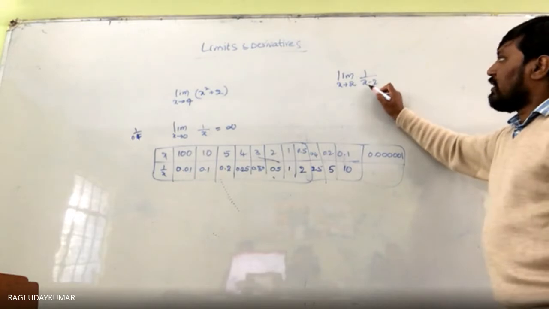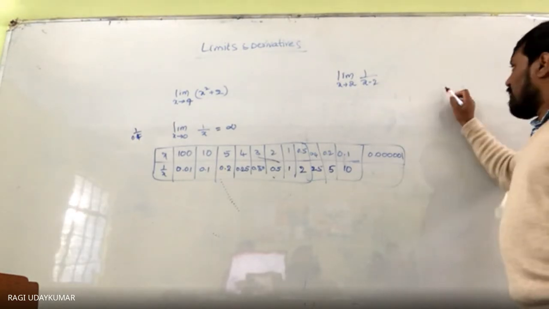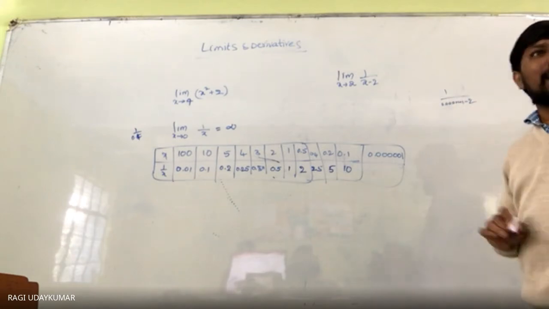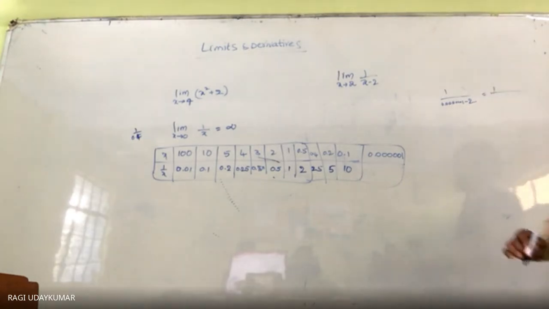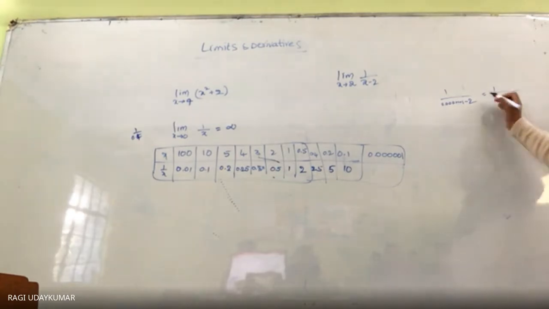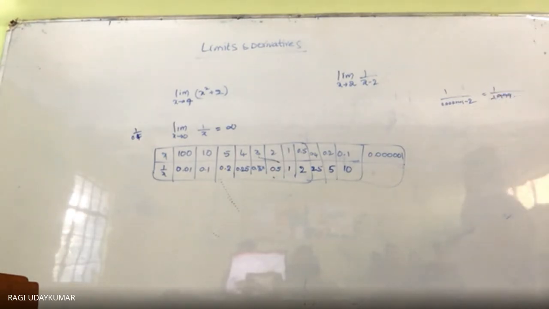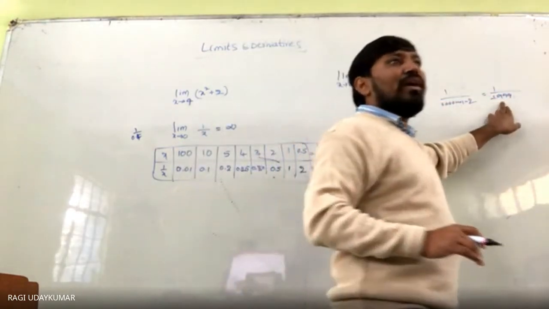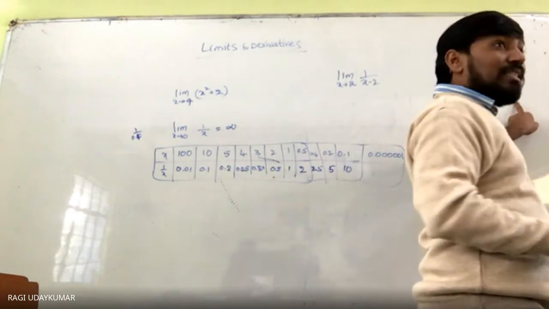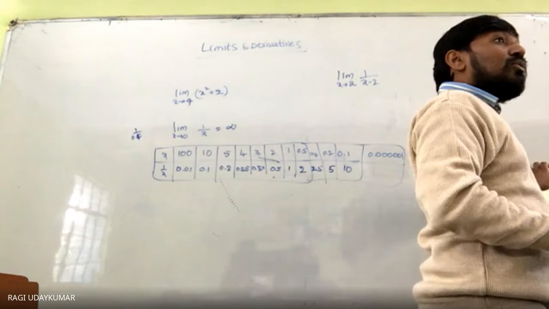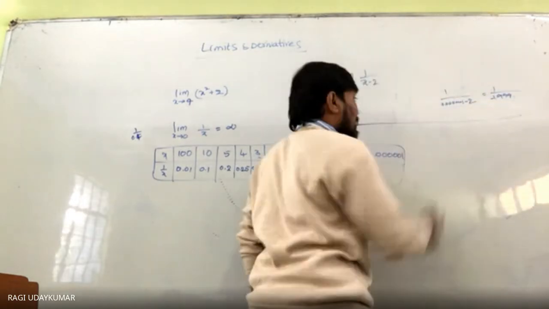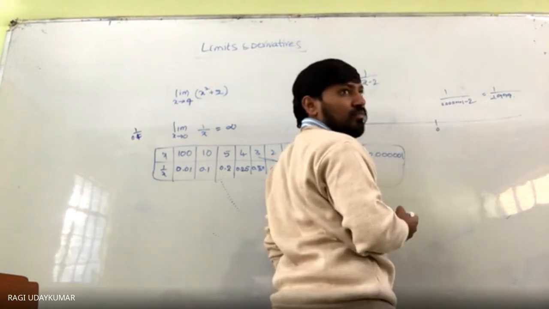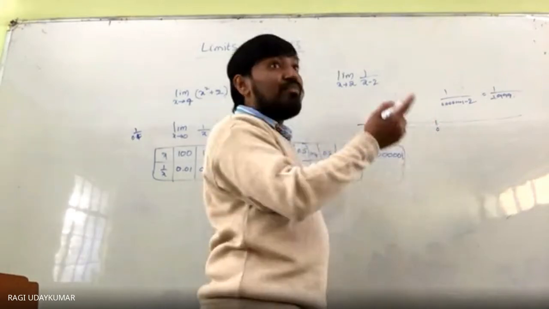Sir, if you take the x value as this one, 1 by 0.000001 minus 2, this is a negative number you are going to get. Means 1 by minus 1.999999 we are going to get. Isn't it? When you subtract, you get 0.000001 minus 2, that is minus 1.999999. When you take this value, a negative number you are getting. But taking the negative number into consideration, we are going to get a negatively big number, negative infinity.